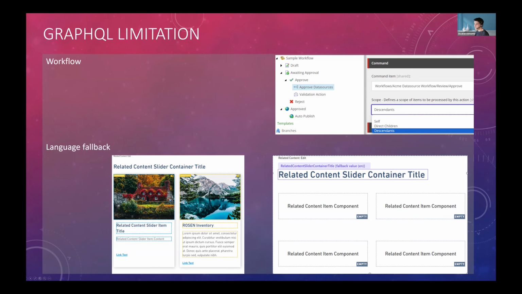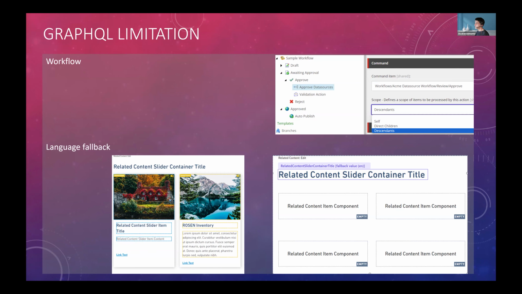I have some example in English on the left side, and I change the language to another language, for example, German. For the containers, the fallback will work, you can see it here. It shows that the value is coming from the fallback, but the children will not be rendered because they don't have an item version, and Sitecore has no way to handle it.